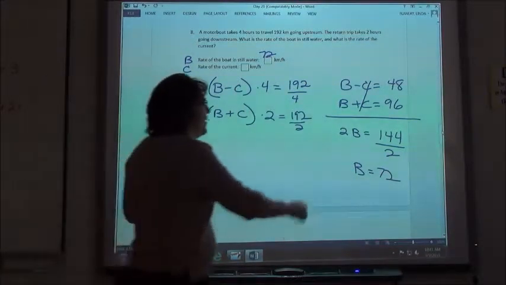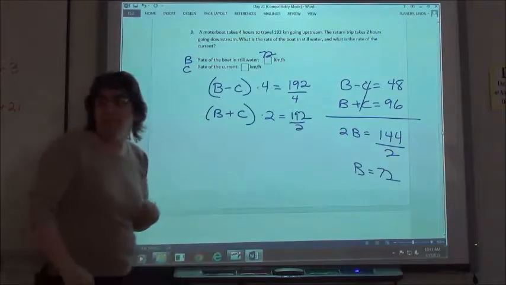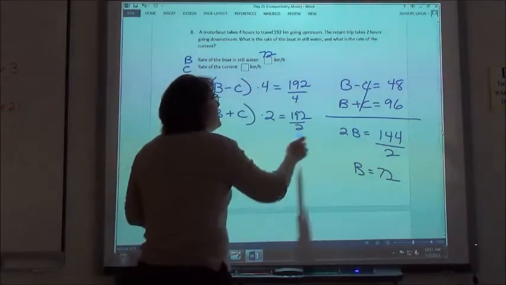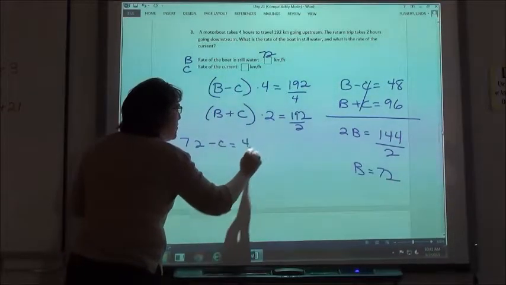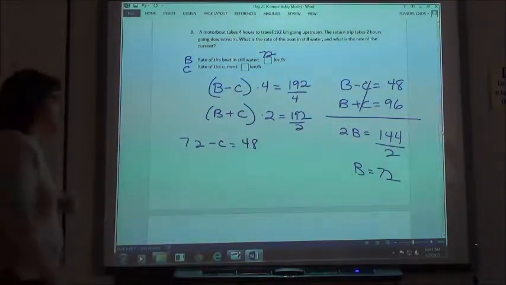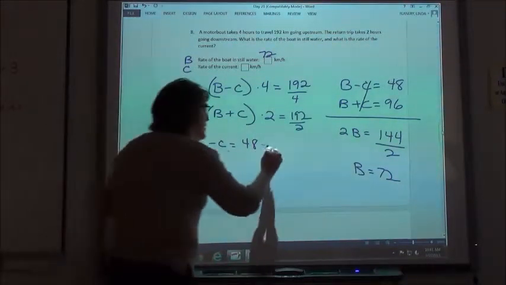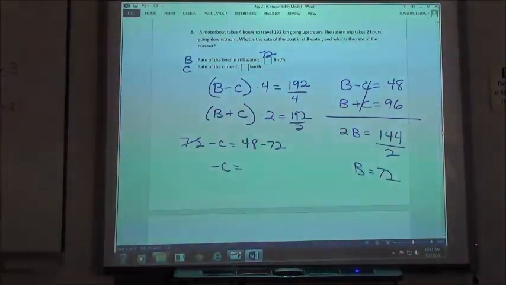In for B. Do we want to use the top equation or the bottom equation? The top one? Okay, we'll use the top one this time. So we would say 72 minus C equals 48. If I'm going to solve that, I would first subtract the 72. So negative C is going to equal